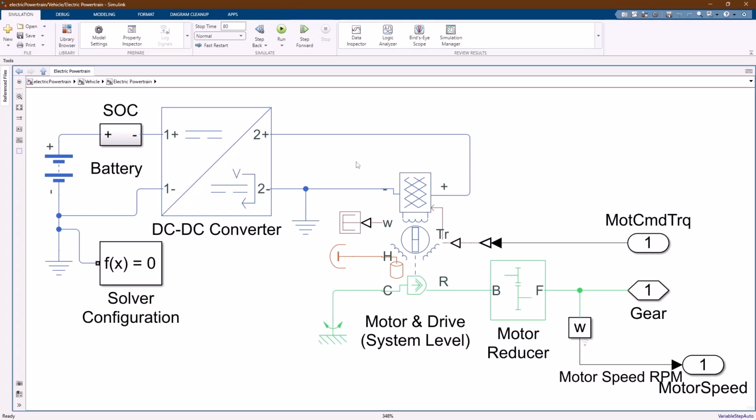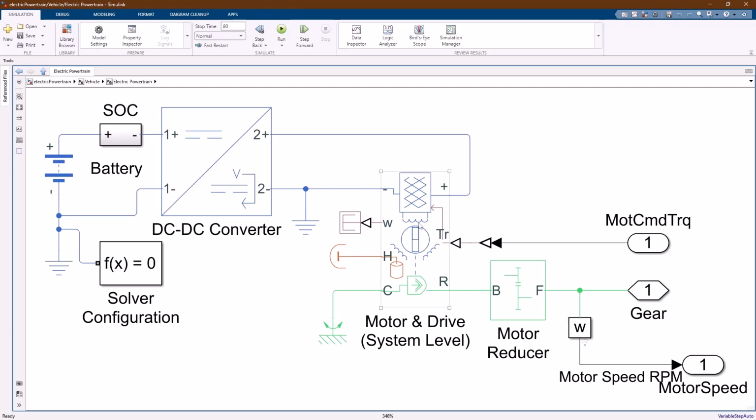Now, driving our motor is actually this DC to DC converter. And what this is doing is ensuring that if the voltage of our battery sags, the DC voltage going to our motor doesn't change. Not all motors have a system like this. In this case, we're actually implementing the motor and the inverter for the motor and the control system into a single block.